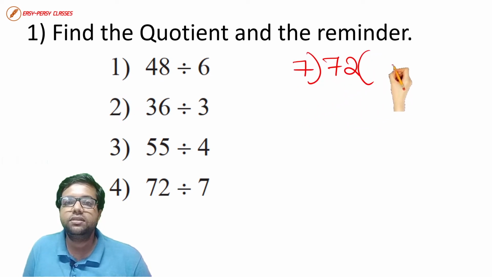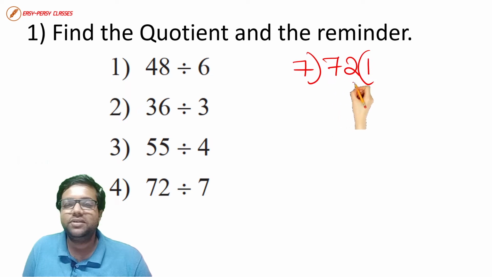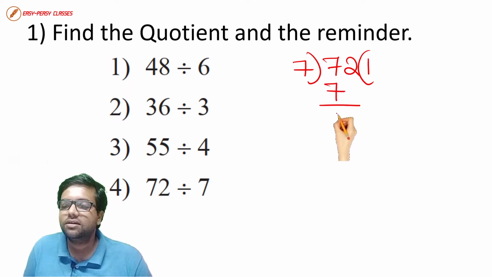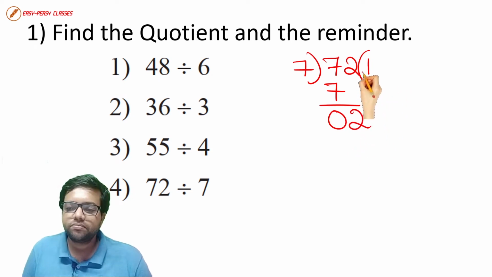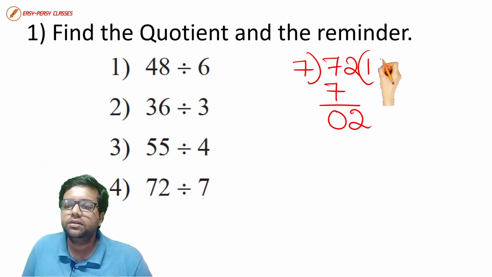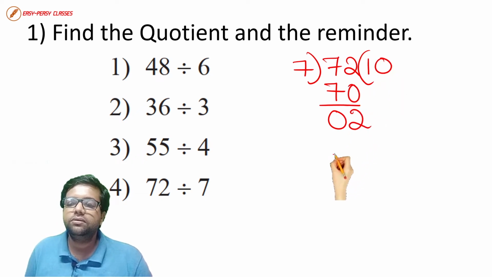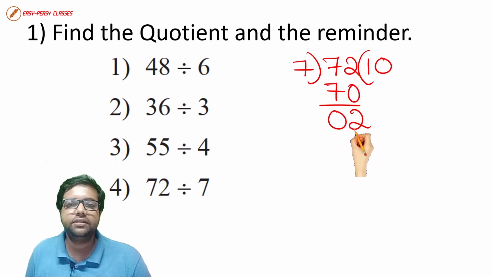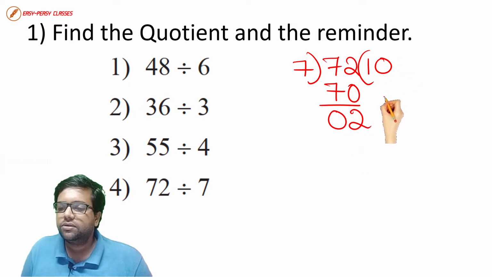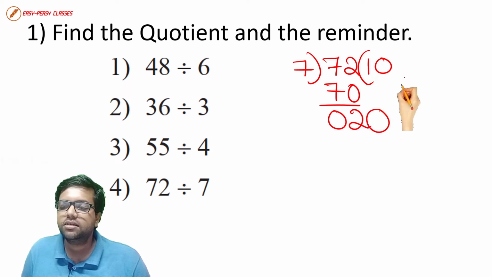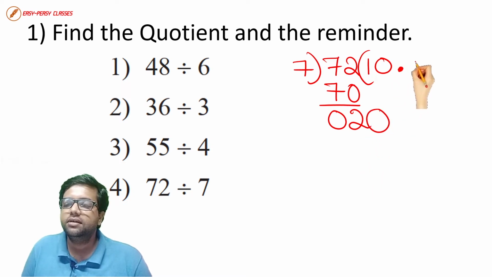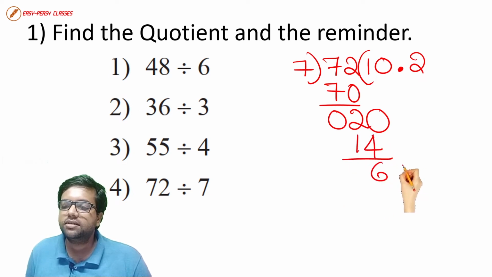This time we will do with the decimal part. 7 ones is 7. The remainder is 0, but 2 is there. 2 will trickle down. So now you can't divide 2. In order to receive 2, you will also write a 0. 7 tens is 70, so you are left with 2. Okay, so now further you can't divide 2 by 7, so we will place a 0 and we will place a point here. So 7 twos is 14. You are left with 6, right?